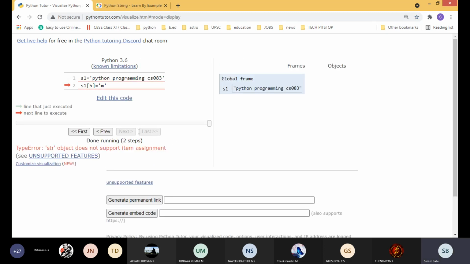If I execute the second step, see: TypeError, string object does not support item assignment. That means it is an immutable data type. We cannot assign the values. We cannot change the item after creation.